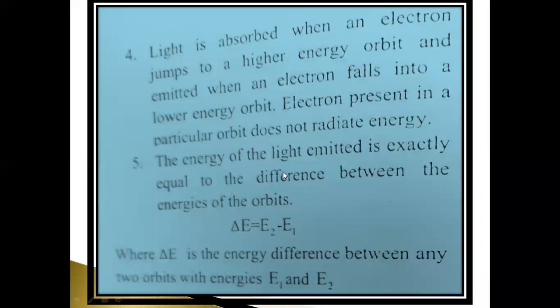The energy of the light emitted is equal to the difference between the energy of the two orbits. If the electron is present in a higher orbit and it jumps to the lower orbit, the energy which is emitted depends upon the difference, like how much the difference between the two energies is. That difference we represent by del E. Del E is the difference between the energy of the second shell, because the energy of the second shell is more than the energy